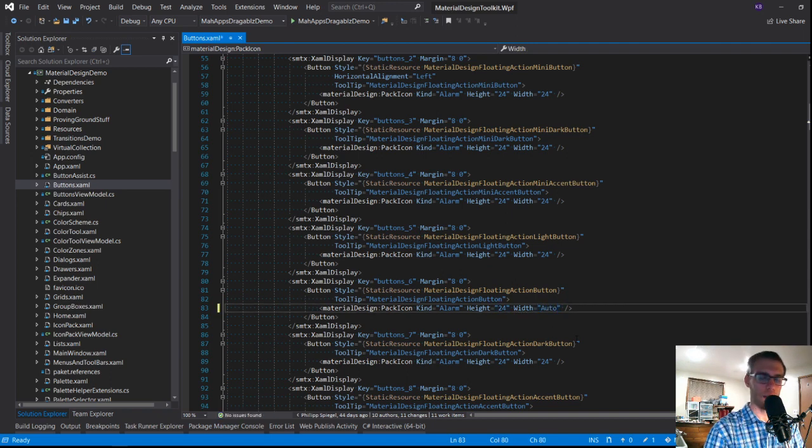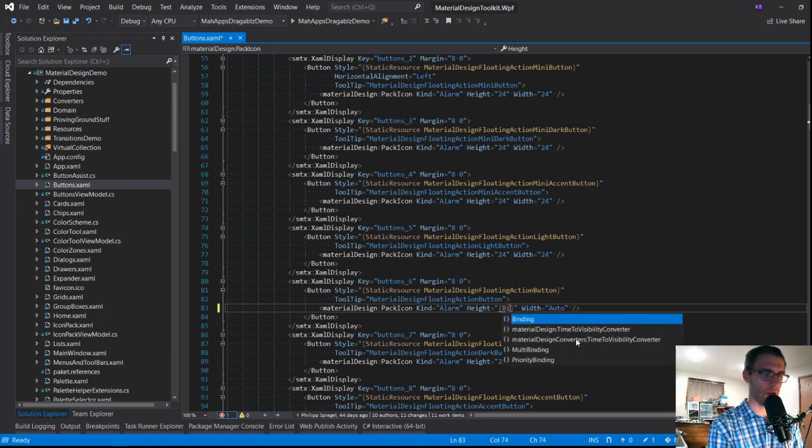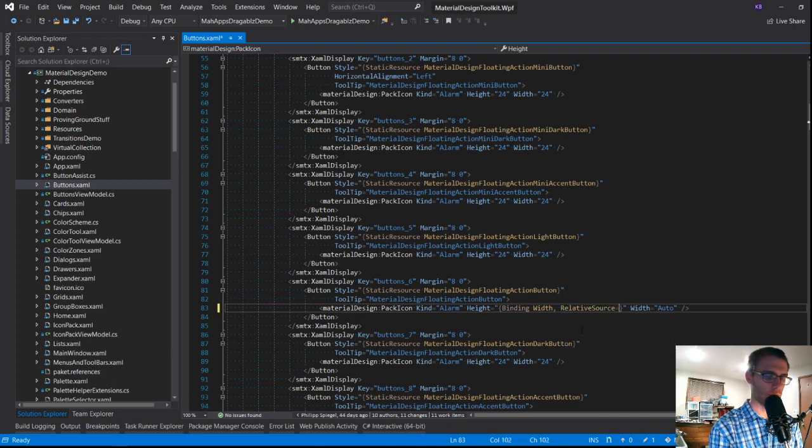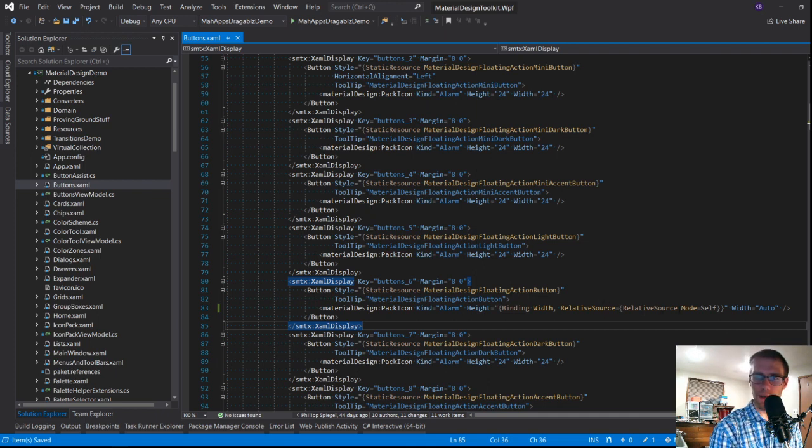Height was being bound to the same as width, basically making the thing be square. So a relative source binding to the width property, relative source self. This will ensure that the width and the height get the same value.